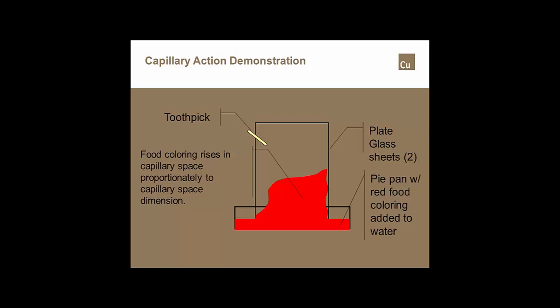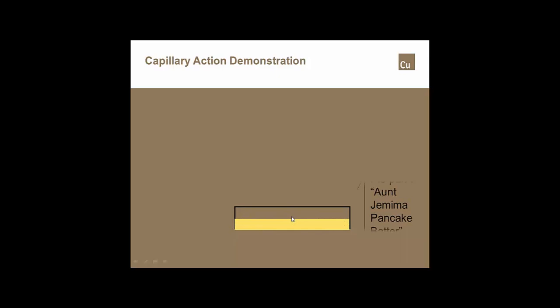Exactly the same process that gets the molten alloy back into the capillary space in a solder joint. Now that's very, very liquidous, almost like water. If we were to take that same example and fill the bottom of that particular pan up with Aunt Jemima